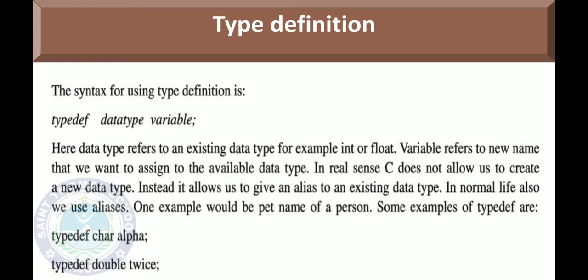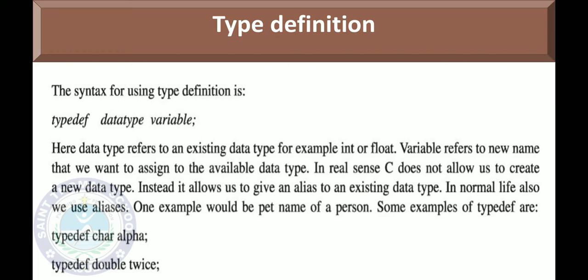typedef is our keyword. This keyword is used to create a data type based on an existing data type. Then at the place of data type, you just see first the syntax: typedef is written. Now the data type, the second one: here as a data type we have used the character data type char, and the variable name we have given is alpha, and semicolon. Like this, now the character data type has another name that is known as alpha.